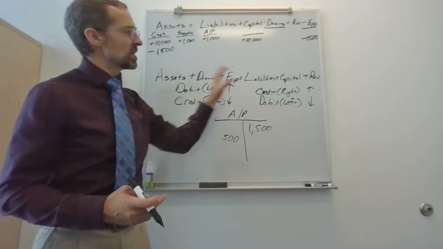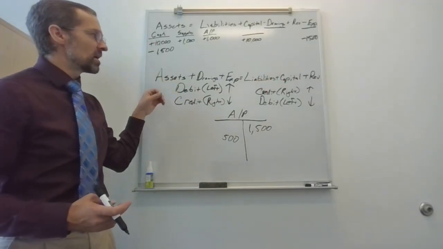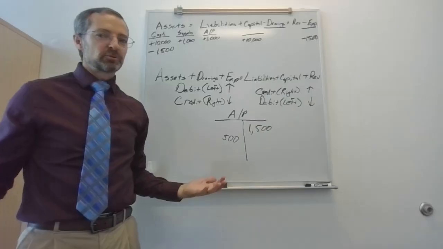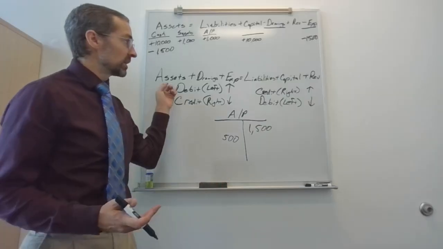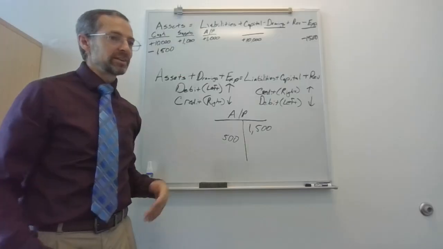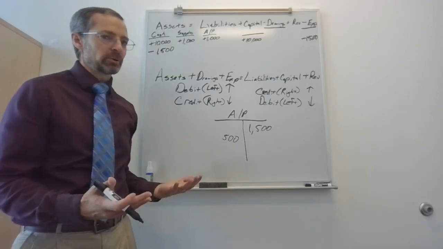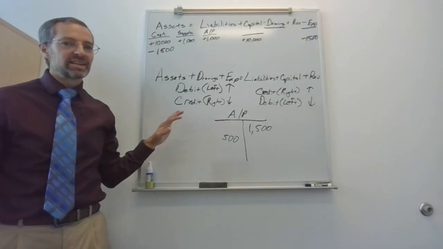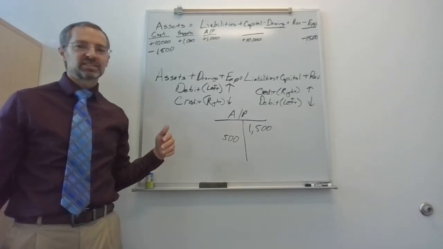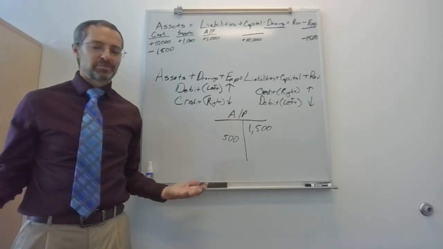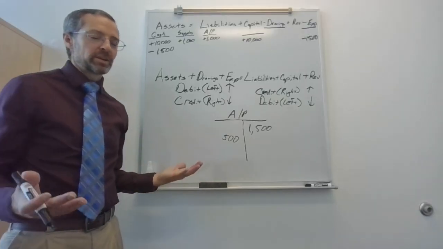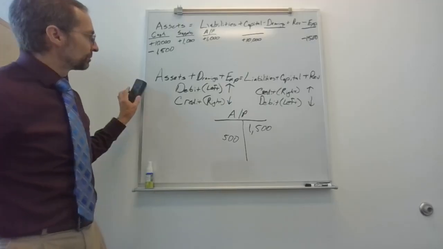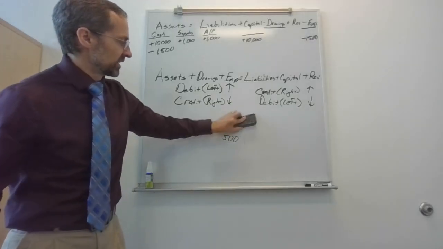So I don't even need to remember this equation. I don't even need to remember how everything works in here mathematically. If my debits equal my credits, I am guaranteed to have this equation work, whether I know why or not. Debits equal credits, everything just works. Now, that does not mean that I did it right. I could have put things in the wrong account, but the math works. So as long as debits equal credits, the math works. Doesn't mean it's right, but the math works. All right, so that is the mathematical reasoning.